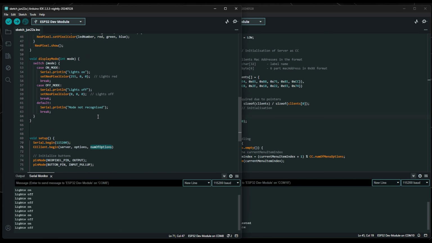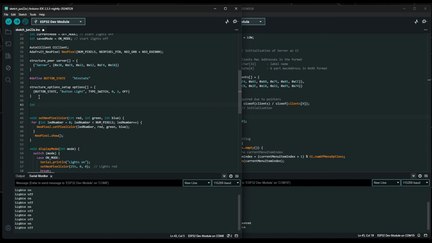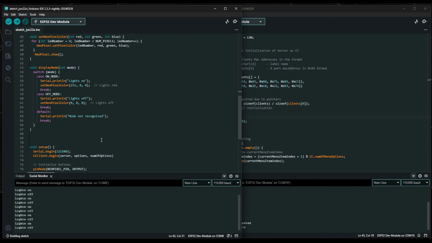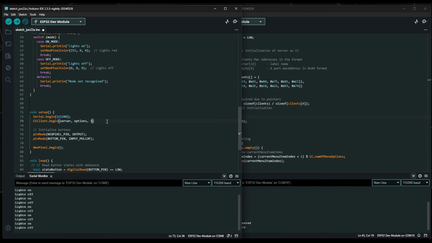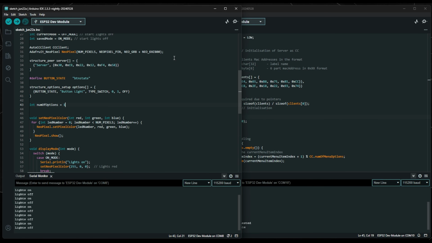Then there's finally number of options. You could just do int num of options equals 1 and hard code it. It would be absolutely fine to do that. Hell, if you wanted and you knew you're never going to change it, you could just stick 1 in here. Really, the best way to do this is just to do